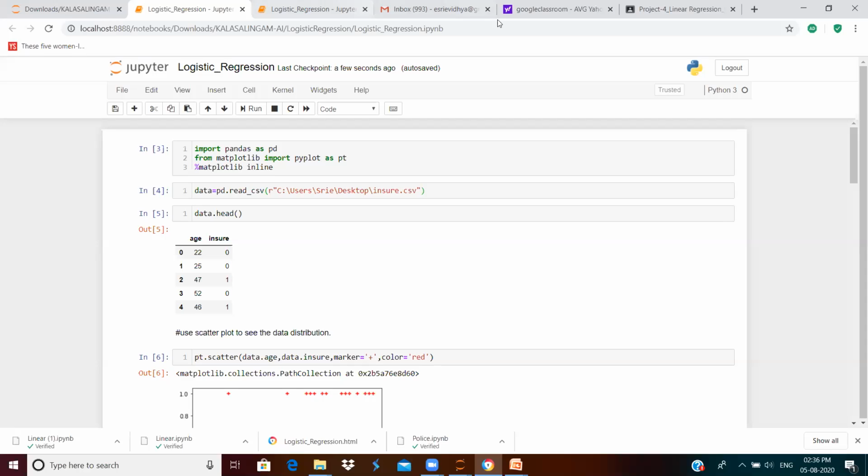Now let us start exploring this COVID-19 dataset. I've taken a small subset of it because the full COVID-19 dataset available in Kaggle contains lakhs of records, and we cannot deal with such large datasets.